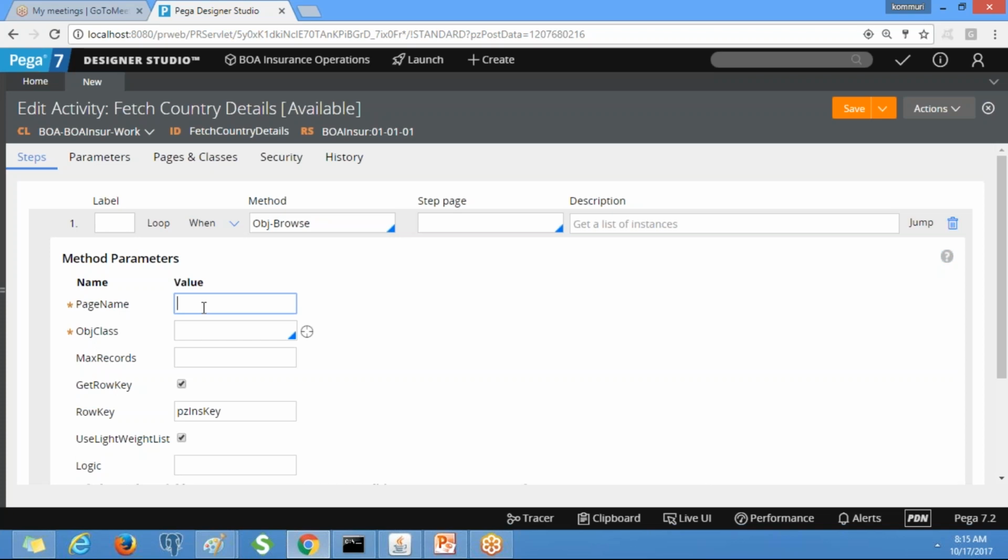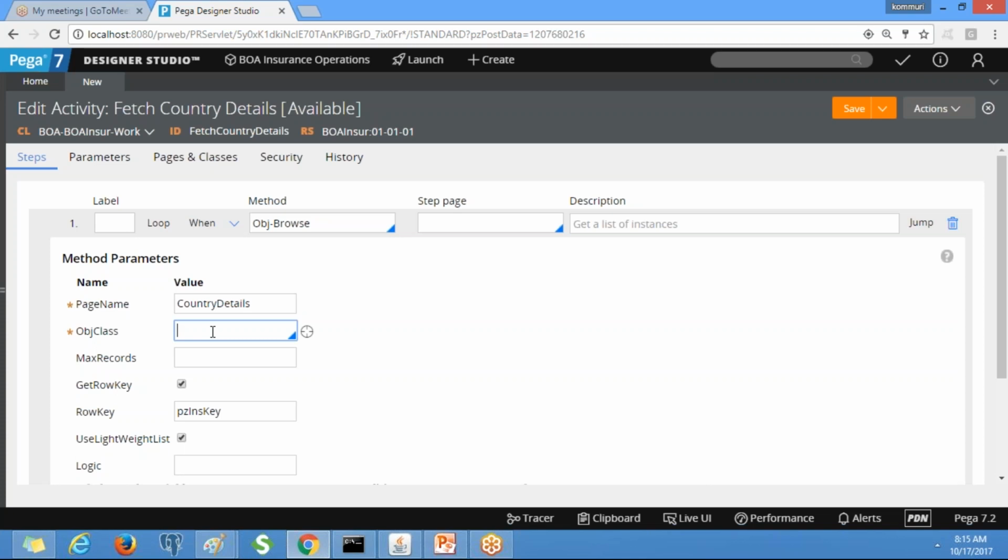The page name means the one which will be created on the clipboard. Here I am giving country details as the page name. The other is a class, so from which class are you fetching the details?